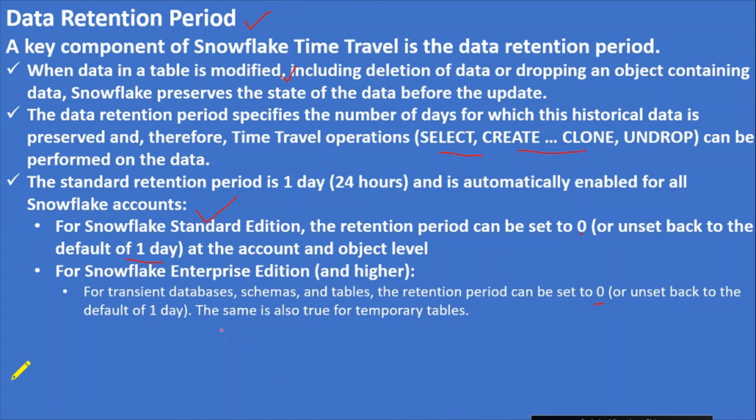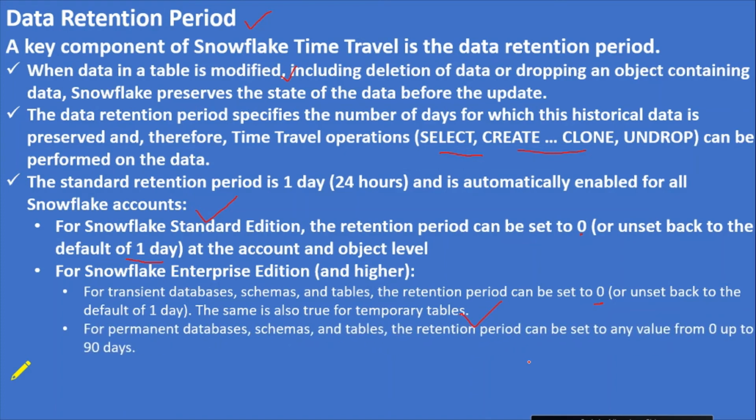The same is also true for temporary tables. So temporary tables and transient tables you can set to 0, as in standard edition.